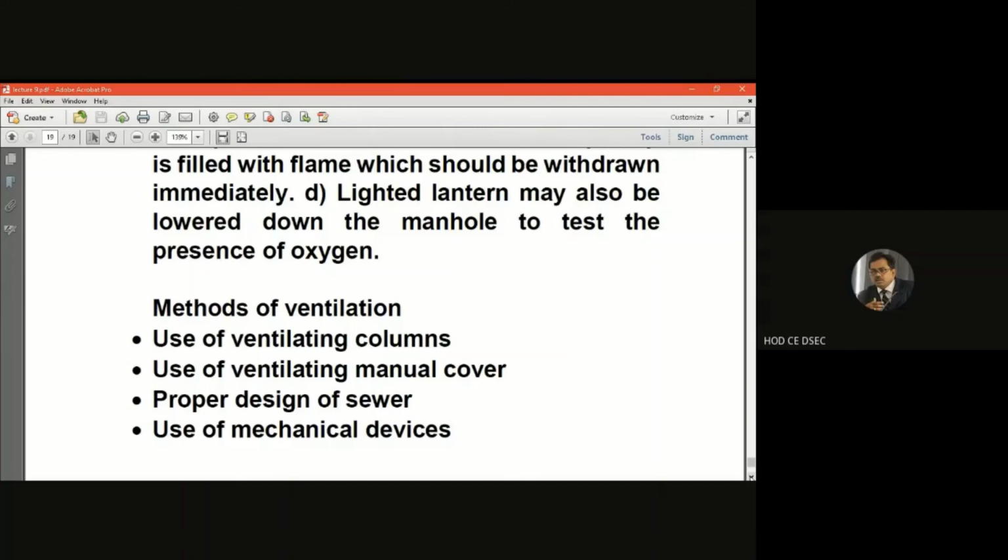But the ventilating shaft should be of sufficient height, taking care of the nearby structures, so that the foul gas is ventilated out to the atmosphere at a height above the buildings in the surrounding area. So ventilating columns generally serve two purposes: one for ventilating the sewer, and the other as a support for street lamps, because street lamps are fixed to the ventilating shaft as if it were a lamp post. So it acts for dual purposes, ventilation and also as a lighting post.